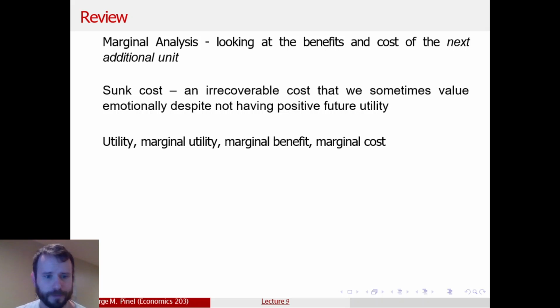Okay, so I get 1 unit of utility for every beer that I drink. So my first beer gives me utility 1. My second beer gives me a utility of 1. And 2 total beers gives me a utility of 2. Okay. Usually we assume,